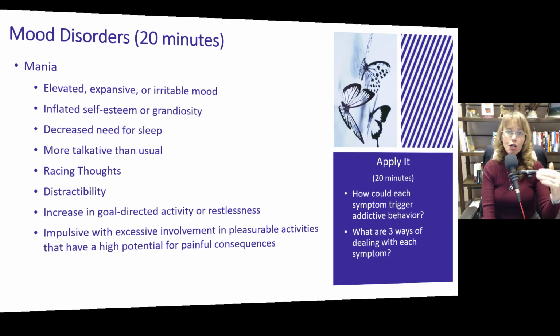So the symptoms that you're going to go through one by one include elevated, expansive, or irritable mood. If you have an elevated or expansive mood, you are just high on life. Irritable mood, on the other hand, you're touchy, you have a really short fuse. Inflated self-esteem or grandiosity. If you feel like you are all that, the term narcissist goes around a lot right now on social media. So think about narcissism. Somebody who's manic, you can't tell them anything. They think they know everything about everything.